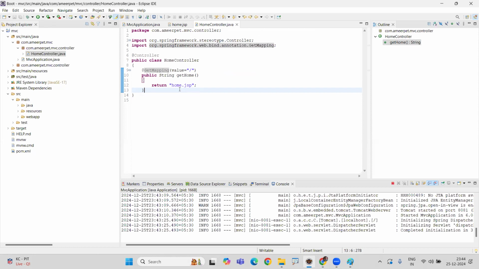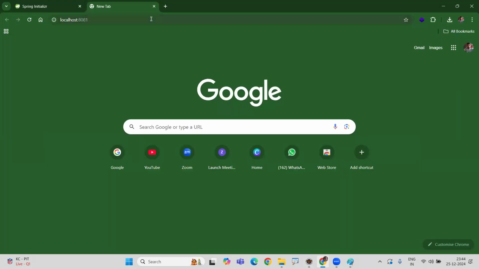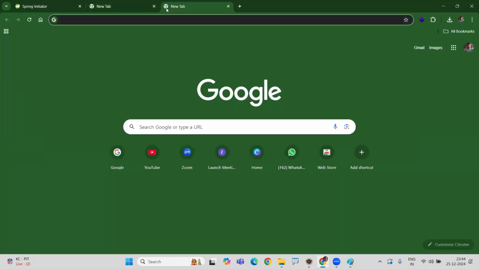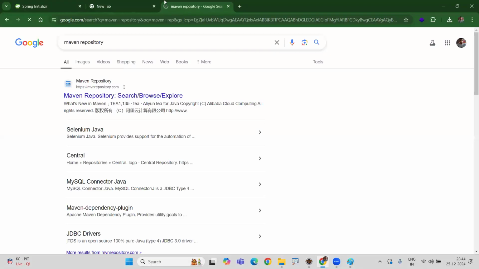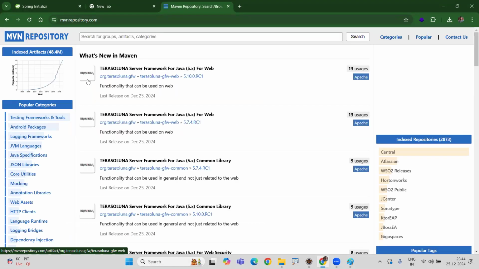Then what we have to do is add one dependency called Jasper dependency. We need to add the Jasper dependency. For example, in a Maven repository. In that Maven repository,